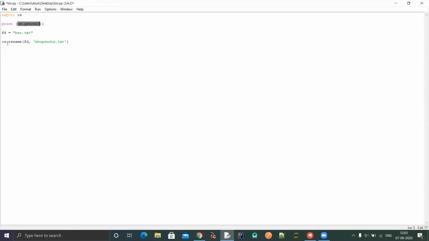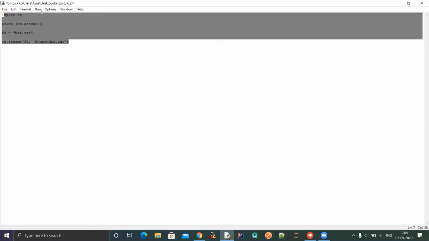Then I am using the rename function to rename this bsr.txt file. In the rename function, we are passing two arguments. First of all, the argument whose actual file name is bsr.txt, which is stored in the fd. Then in the second argument, we have given the string or the name of the file which we have to replace it with.